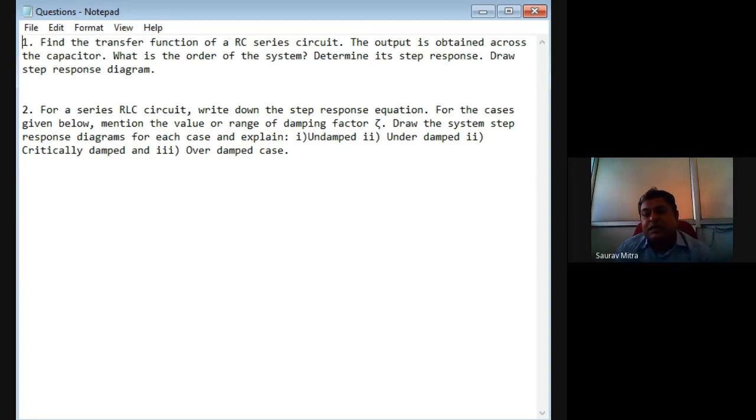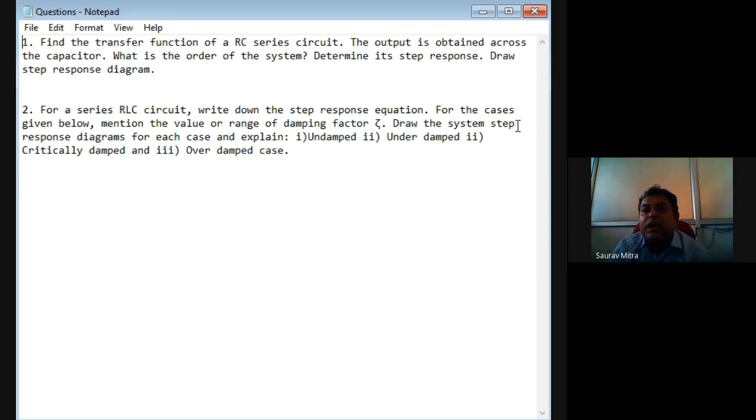So it is a transient initially, and then it comes to a steady state value. That is the underdamped response when zeta is in between 0 to 1. Critically damped is almost looking like a step response for RLC circuit, and if it is greater than 1, at that time the system response becomes very slow. So all those responses, their equations and then their characteristics, all we have to find out in the second case.